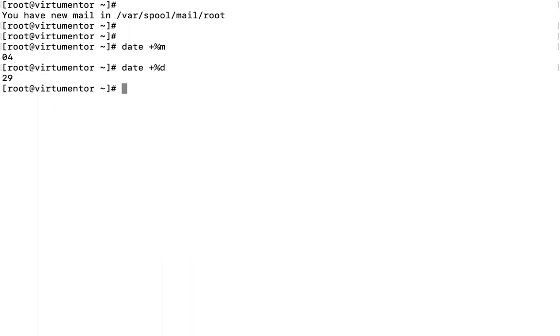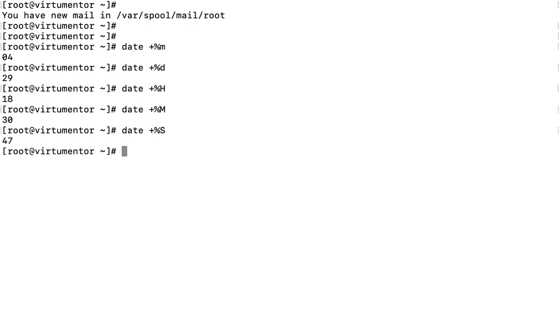For hours we use the capital H parameter, and for the current minutes of the system we use the capital M. For seconds we use the capital S. Here is the twist: if you want to print the seconds since 1st Jan 1970, then we can use the small s.